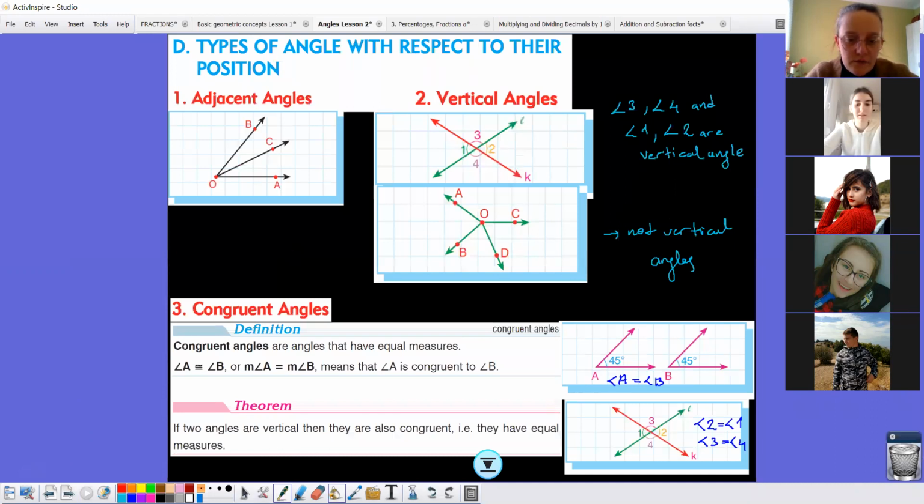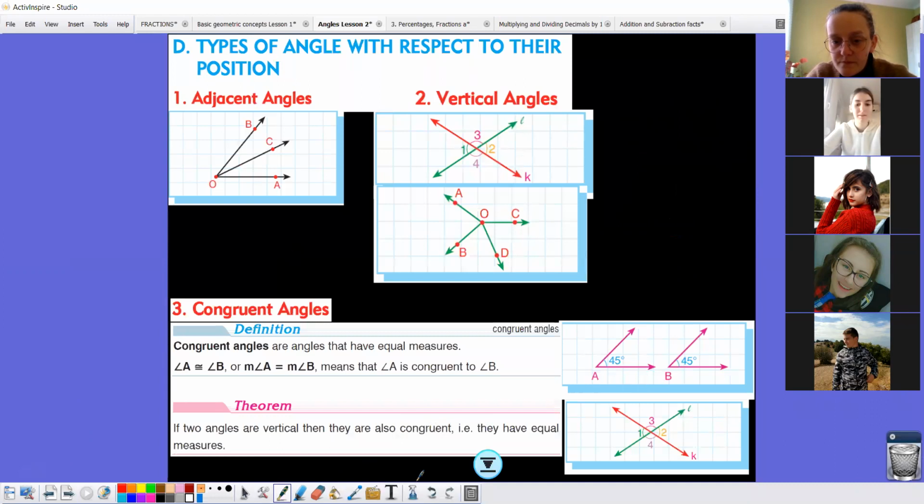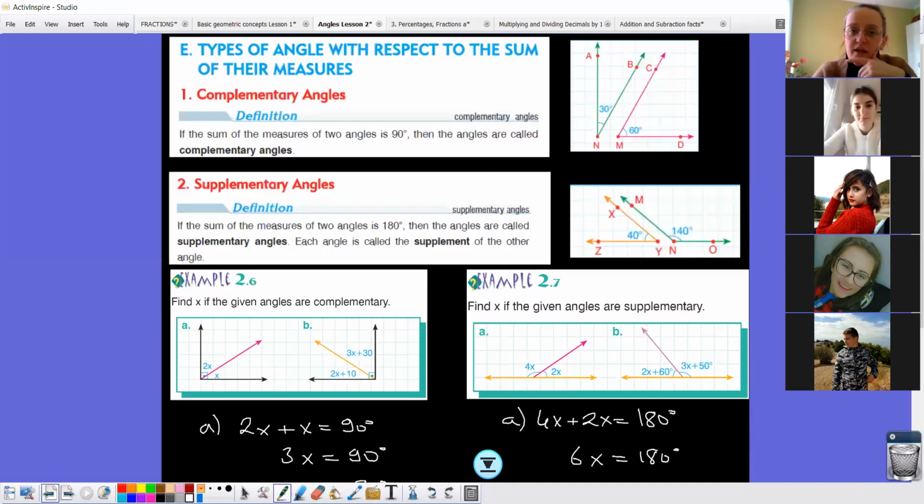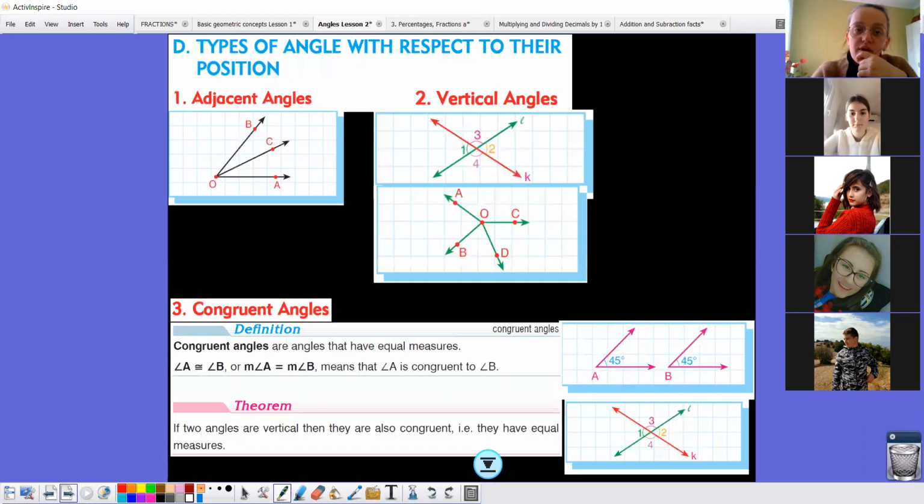And now, how many minutes do we have, by the way? 6. 6, teacher. Okay. Here we had types of angle with respect to the sum of their measures. Here we have types of angle with respect to their position. So if